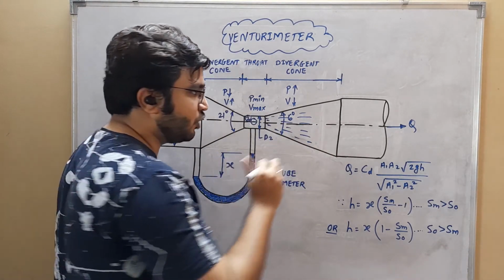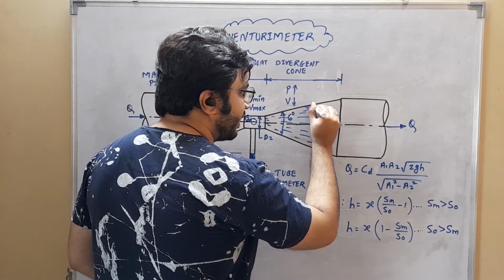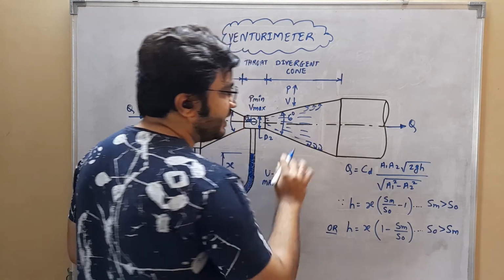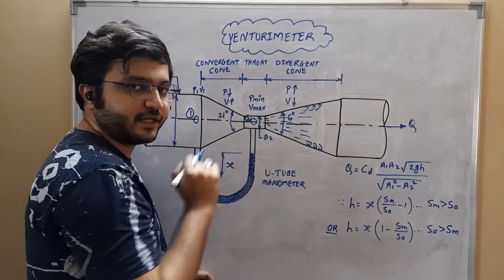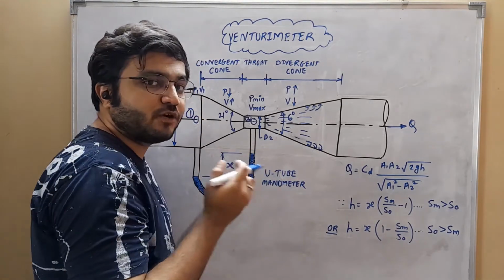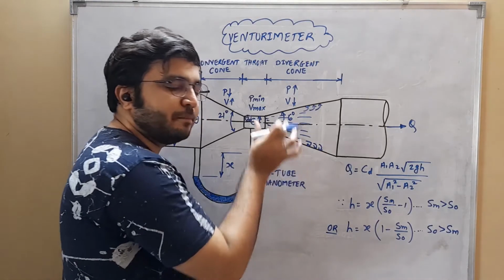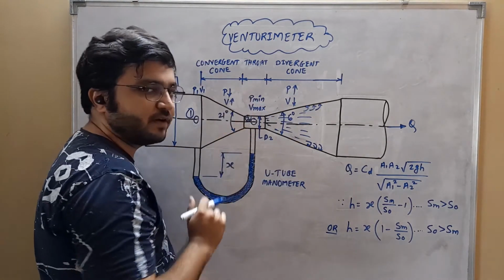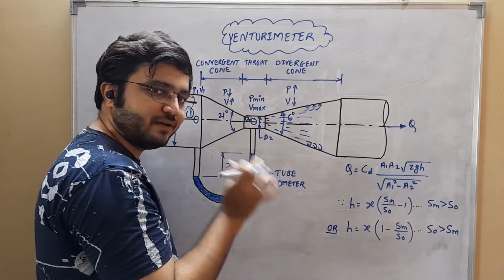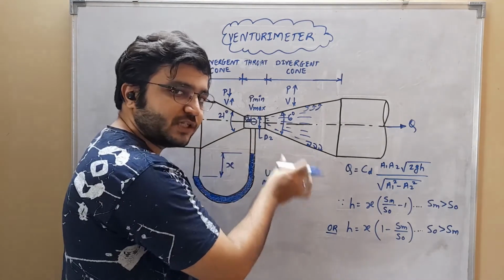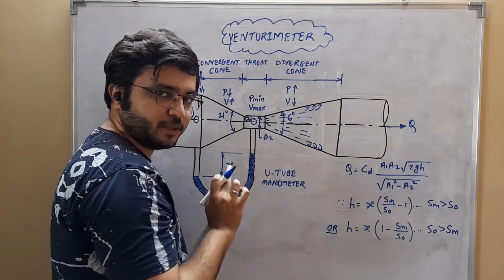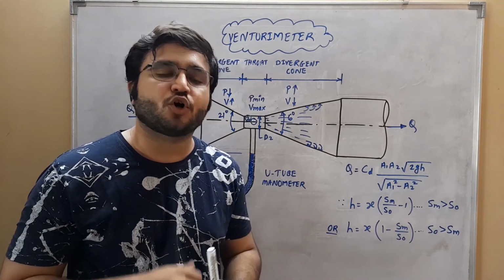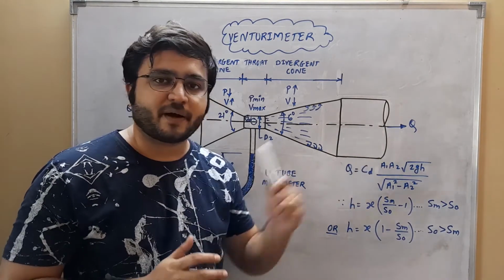And because of this drop in velocity, the fluid particles will try to separate from the main stream of the fluid flow. And it will cause the fluid particles to move in the reverse direction. And this results into loss of energy. And to maintain these losses at minimum level, this divergent cone section is made a little bit longer than convergent section. But still these losses are going to be there, and to account for such losses, this Cd is going to be used in the formula. So this is how the venturimeter calculates the discharge or the flow rate of the fluid flowing through the pipe.